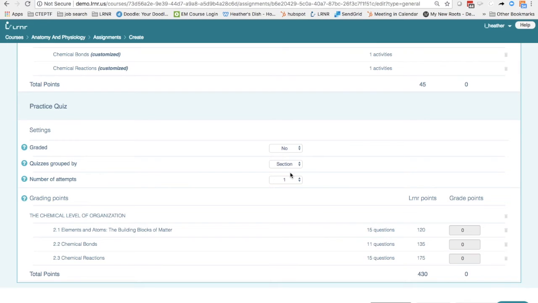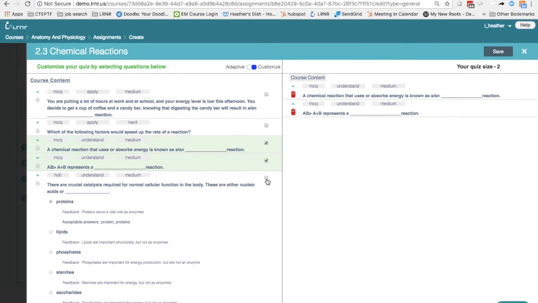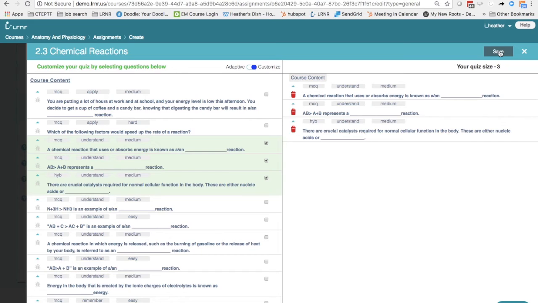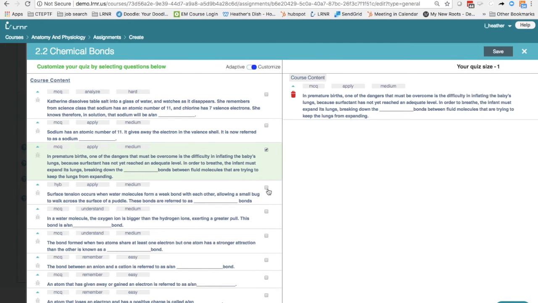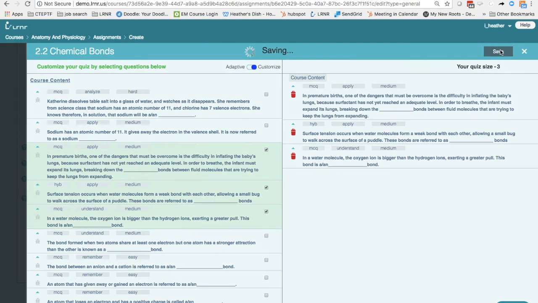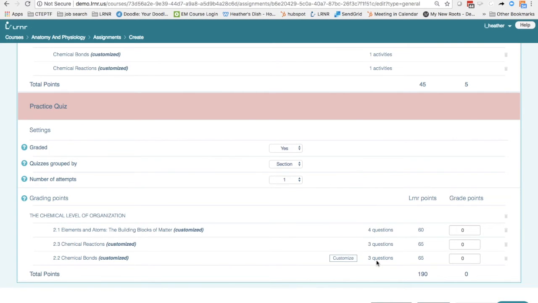The same thing can happen with practice quizzes. So you can customize at the section level, choosing questions to be covered on separate quizzes by section. So here's my last topic here. Okay, so now I've got 3 separate quizzes that I will have graded, and they've each got a separate set